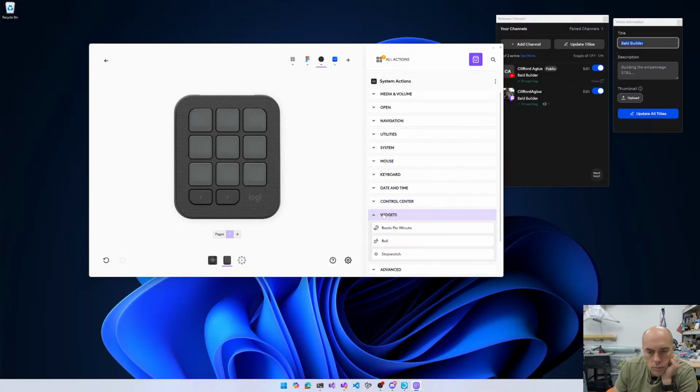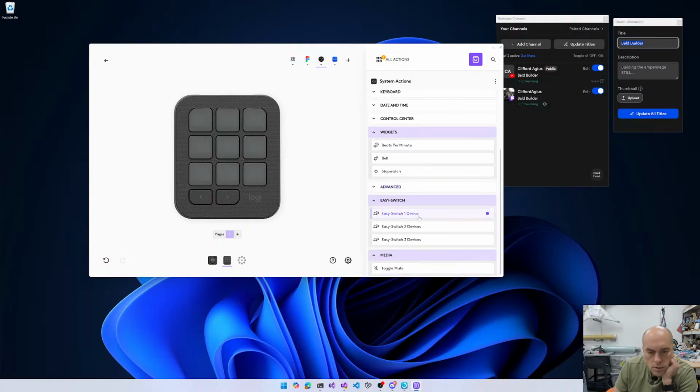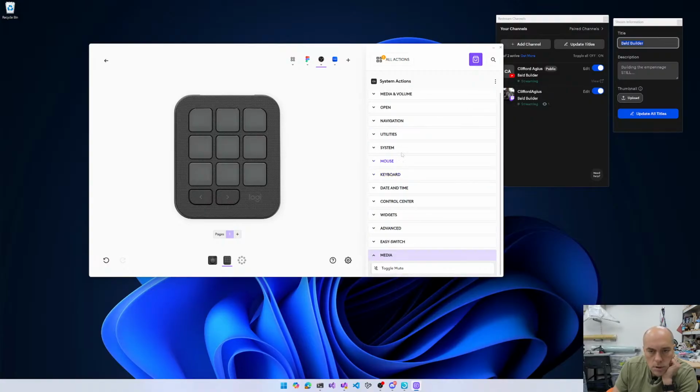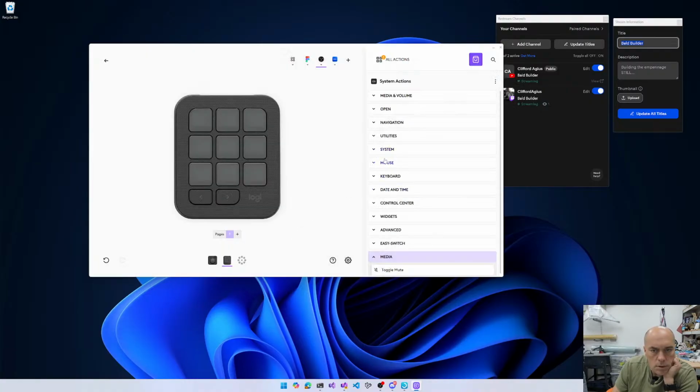So widgets, no. Easy switch, no. So we've got plugin settings. So it's giving me that, but it's not giving me